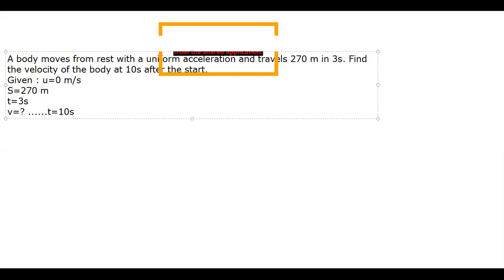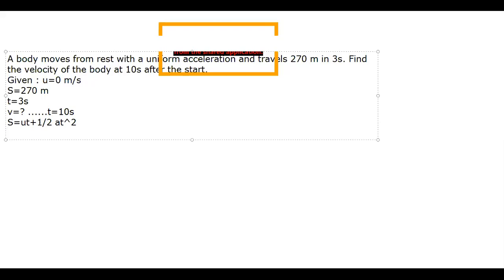Which formula are we going to use, beta? Total distance upon total time? No, I'm so sorry, you cannot use that. The object is accelerating. The object is not moving with uniform velocity, beta. You have to use the equation s is equal to ut. v minus u upon t.